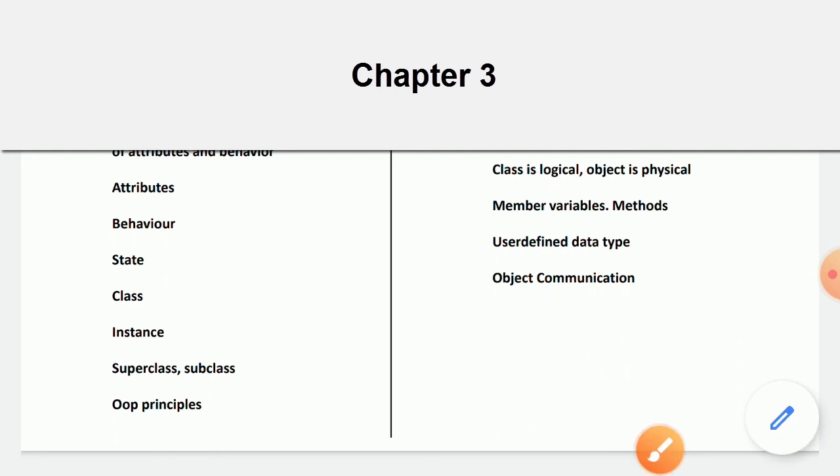In procedure oriented programming you divide the main problem into many sub problems, and those sub problems are represented through functions. So the focus in procedure oriented programming is on functions, not on data.